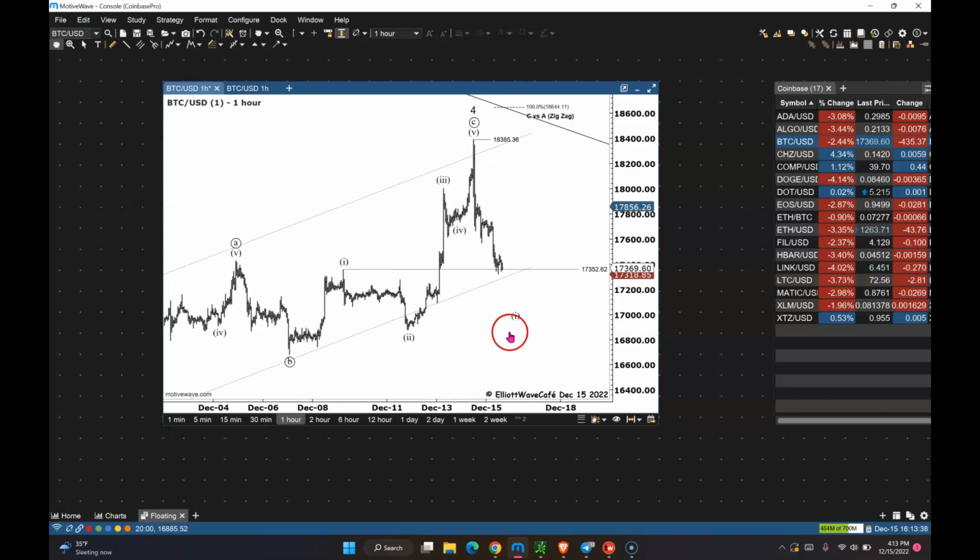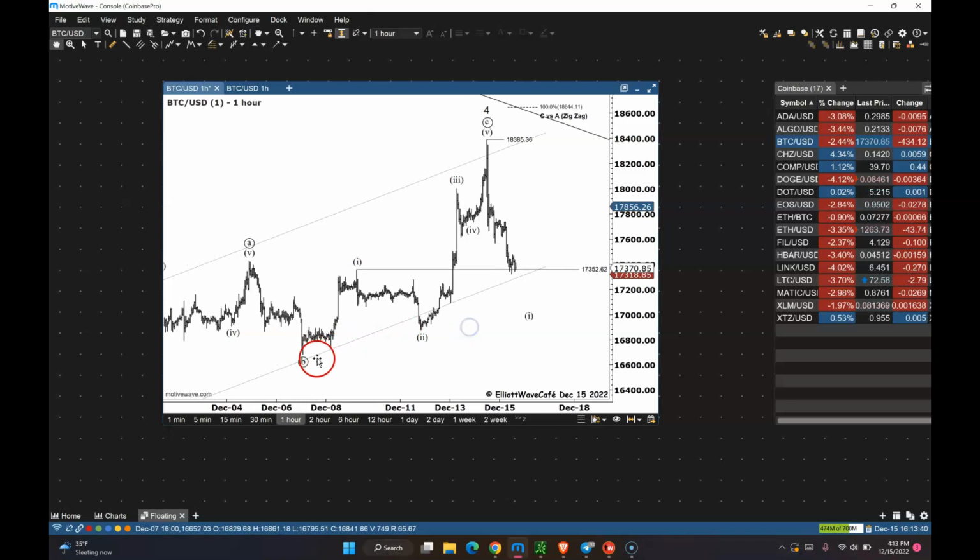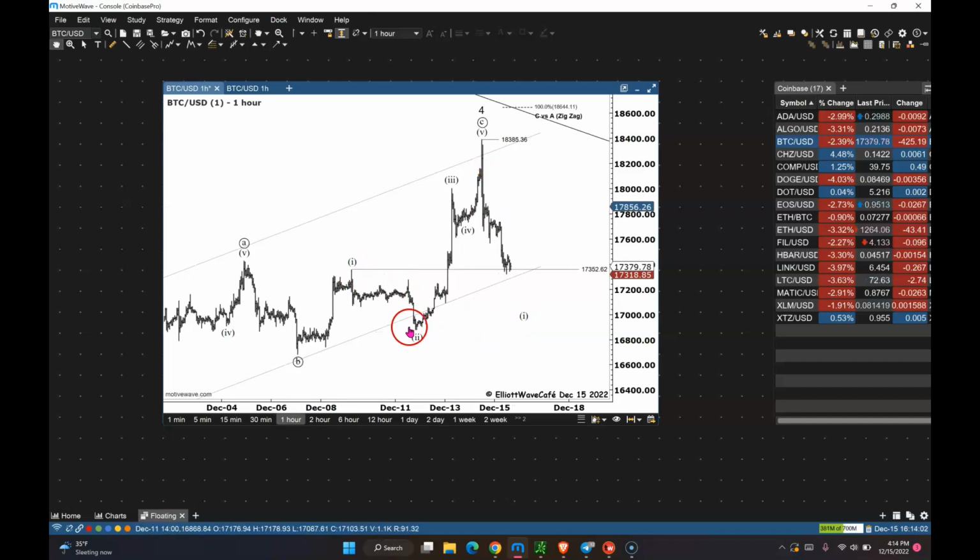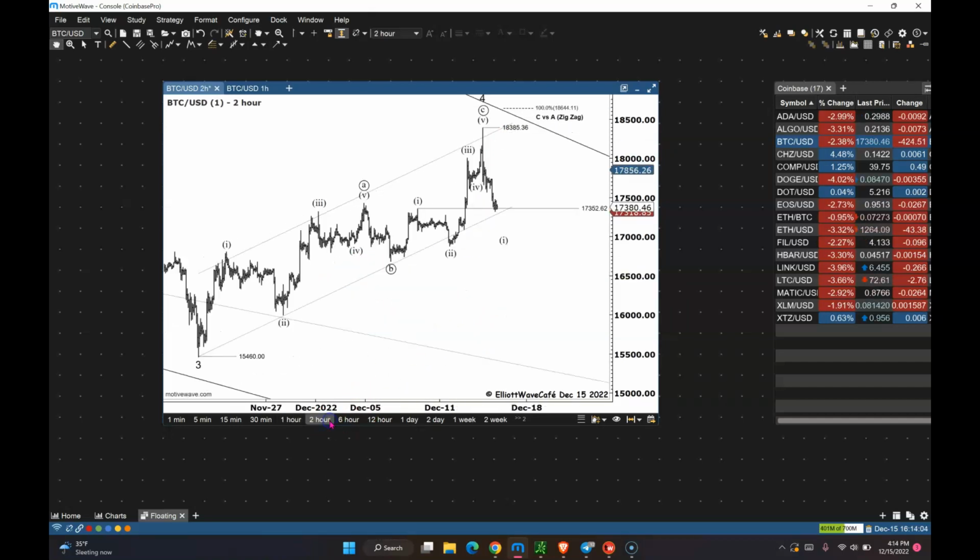I'm not going to nickel and dime the count. It's clean. It goes up. You're getting rejected, and I think you're getting rejected in an impulse. And the fact that you've broken below this wave 1 makes this fourth wave even more unlikely to be part of the structure, right? Let's say you would take this third, move it up there, and then have a very deep fourth wave. You already penetrated the territory of the wave 1, and you've done so impulsively. So I don't think that's the case.